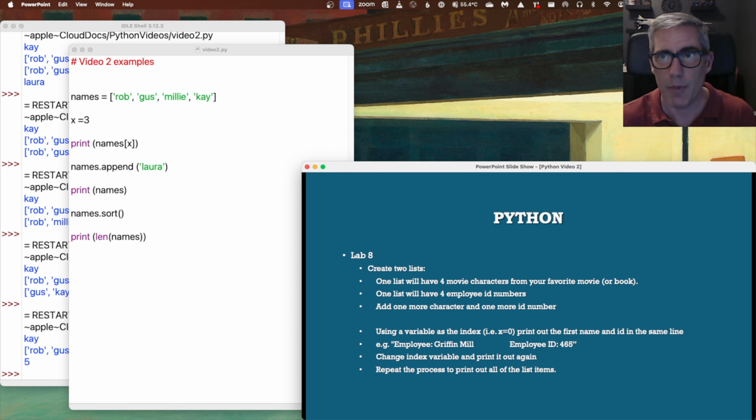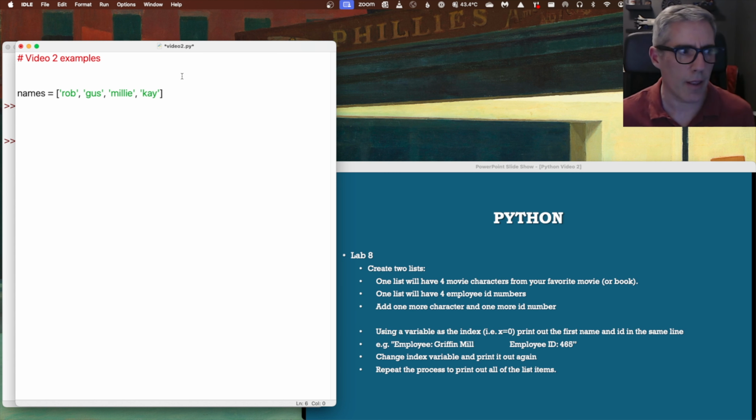Okay, and we're ready to get started, and just to simplify things, I deleted everything. I left my names here. These are going to be my employee names. They're not movie characters, but they'll work for what we want. So next up is employee_ID, and I need that to be equal to